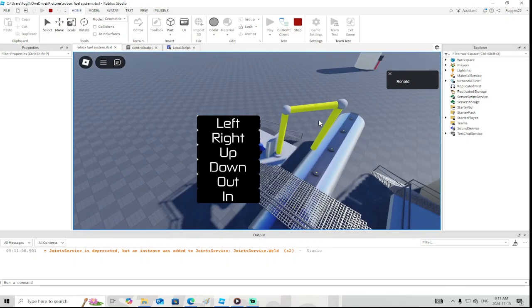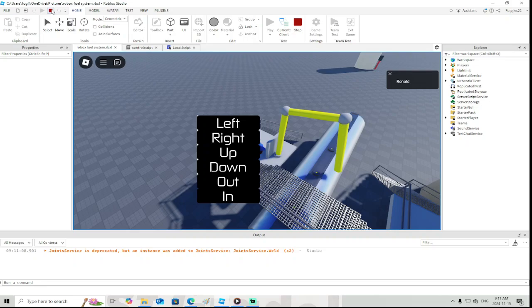The welds can turn off and then it moves. And then they can turn on again when we're done. Every time you let go of the button, the welds can turn on again. Okay, that works. Okay, now this up and down,